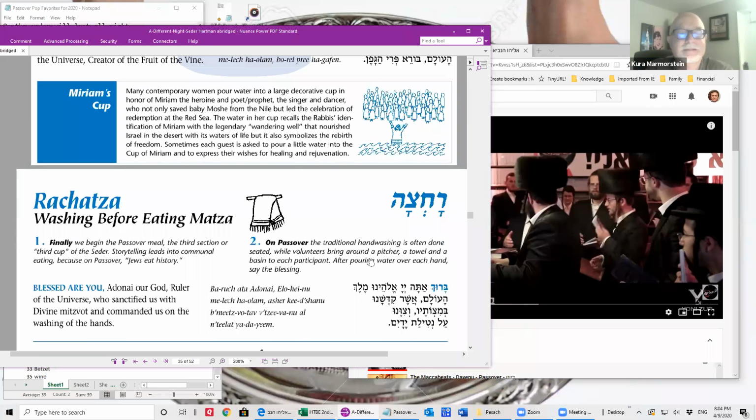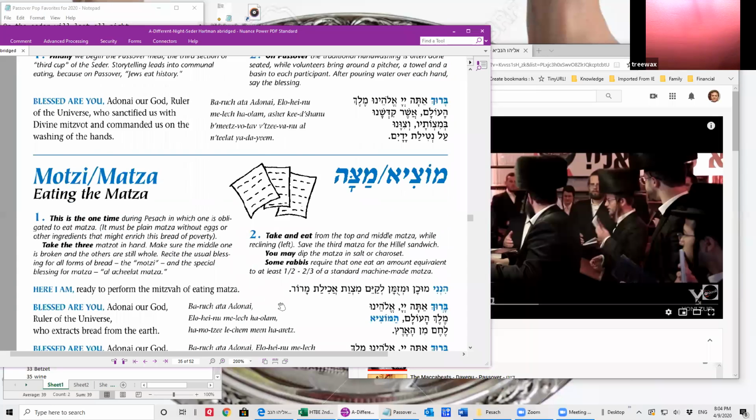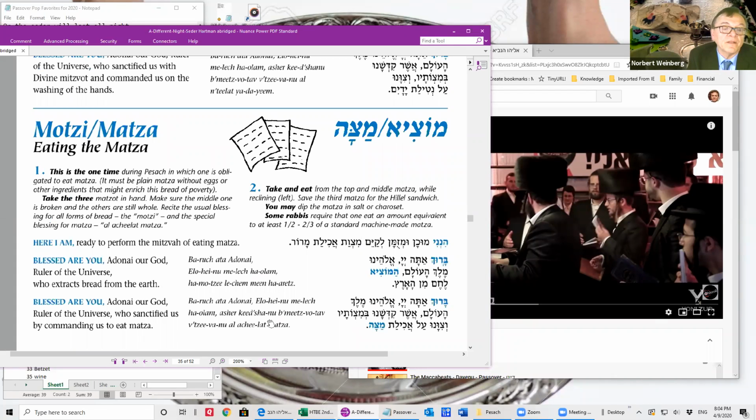Now we got the real hand washing, Rachtza. This one's done with the blessing. So again, the doctors say, wash your hands, wash your hands, wash your hands. I've got it here. And I say, Baruch Atah Adonai Eloheinu Melech Haolam, netilat yadayim. And now we're just moving forward. We have the elements of the Seder, the motzi matzah, eating the matzah, and then the...